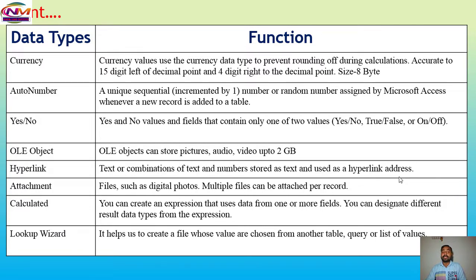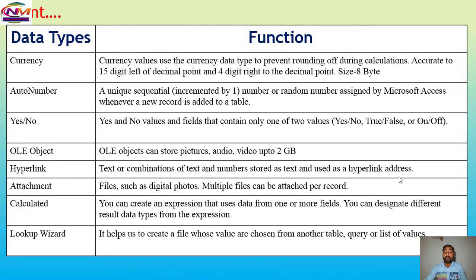Calculated, another data type is calculated. We can create an expression that uses data from one or more fields. You can designate different result data types from the expression. And last but not the least, that is called lookup wizard. It helps us to create a field whose values are chosen from another table, from a query, or a list of values.